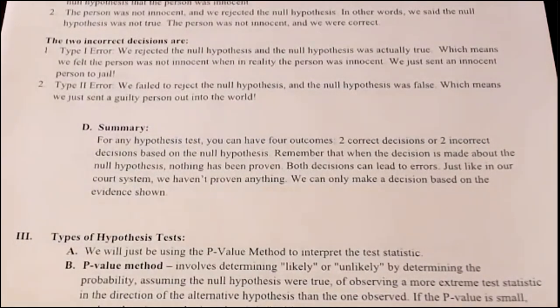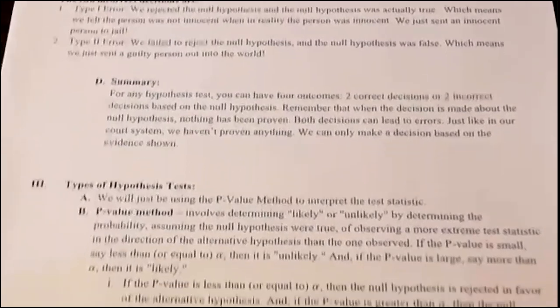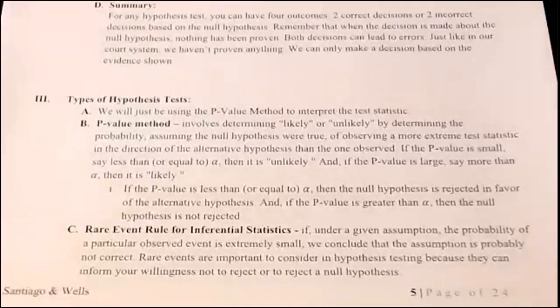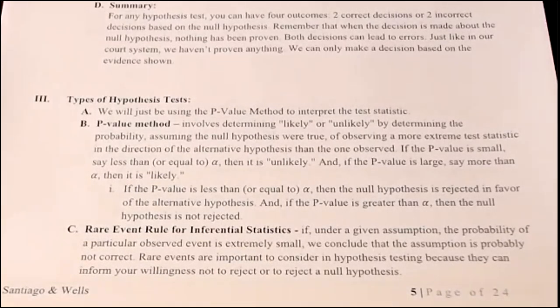Excellent. Okay, let's get into looking at p-values now, in which case you are going to need your z-score tables. So make sure you have those handy. I'm going to read through this and then we're going to use those charts again. There are types of hypothesis tests that we can use. In this class, we're going to be using the p-value method. So that probability, right? We're looking at the probability in those tails, just like we saw in previous units. The p-value method involves determining likely or unlikely by determining the probability,